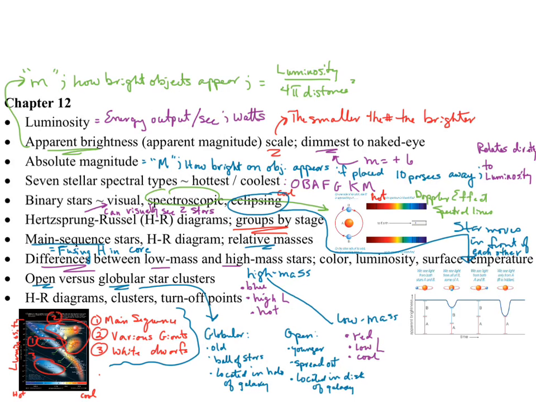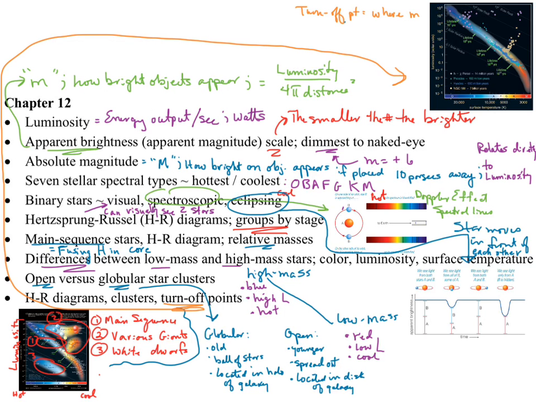And then the last one, HR diagrams again, clusters of stars. I'm looking for turn-off points. So here's a figure from your textbook, and I don't know if you can see the purple, the blue, kind of the yellow. Those are all different clusters of stars. And we said that the massive stars age faster, so they turn off, they get used up before the low mass stars. So you kind of have this effect where you can see the turn-off point, where